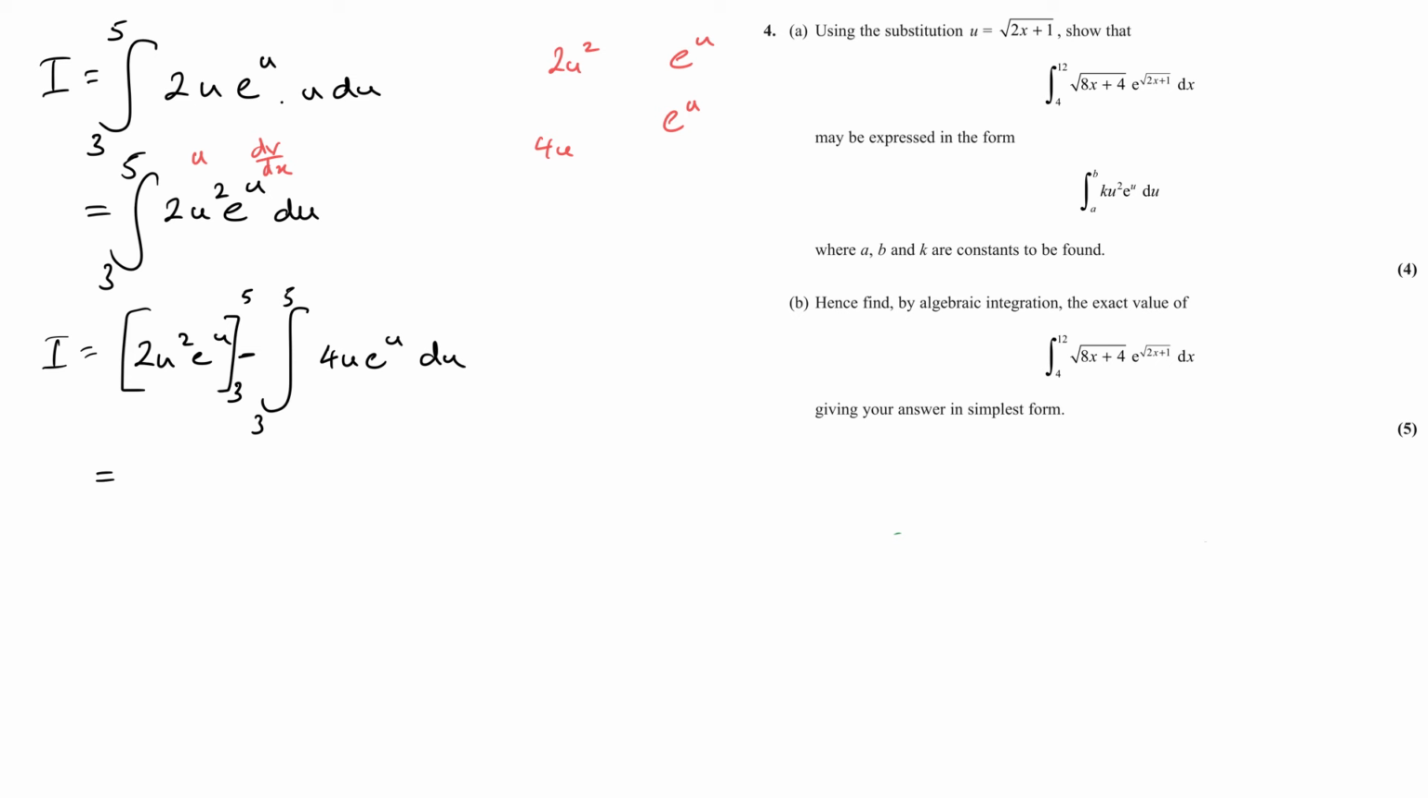4u is going to be my u, isn't it? And then e to the u is my dv by dx. So that'll be 4, and that's still that one, e to the u. So we're going to go with 2u squared e to the power u between 5 and 3, that is unchanged, minus, and I'm going to put this in a big bracket here. So this one now will be u times v, so that is 4u e to the u,